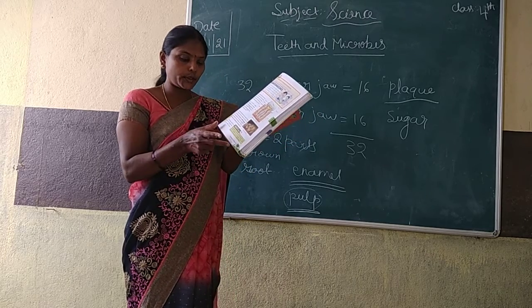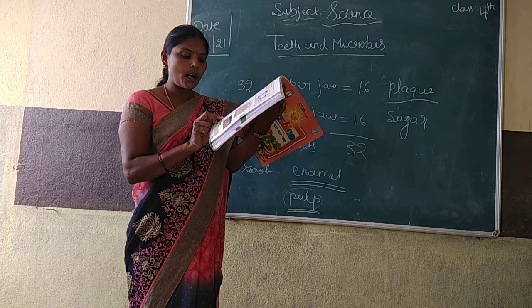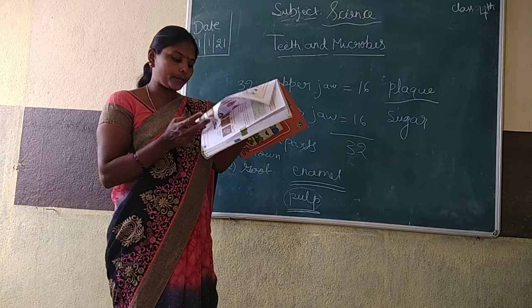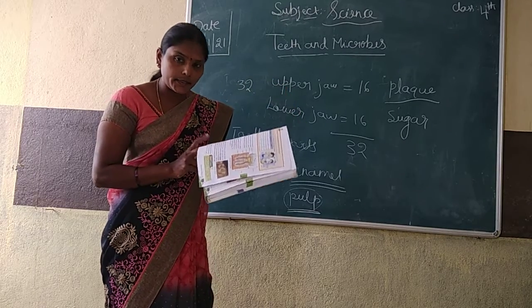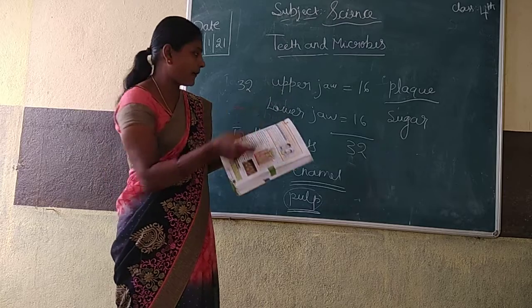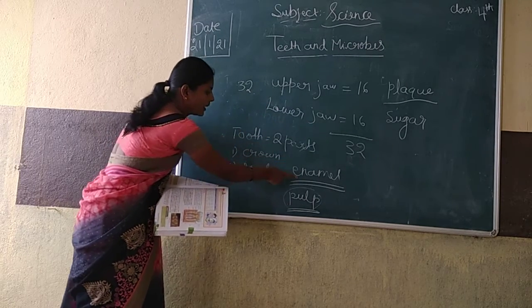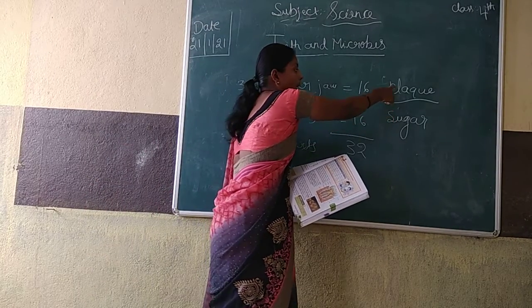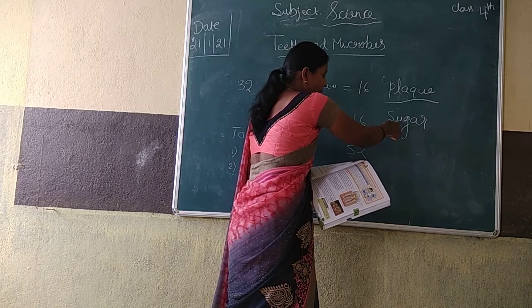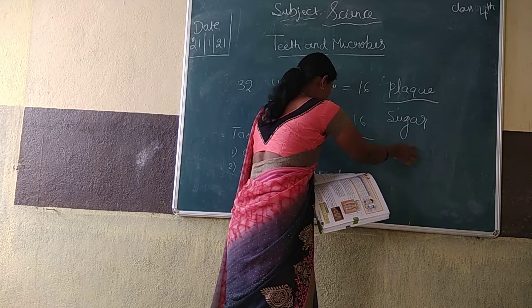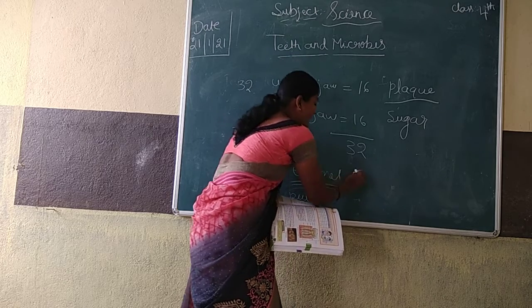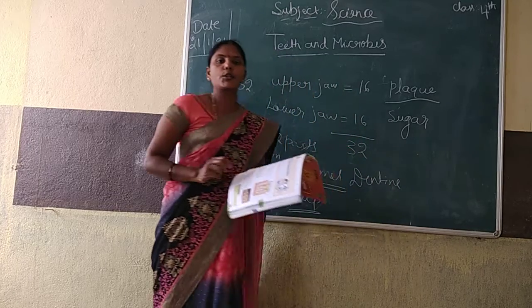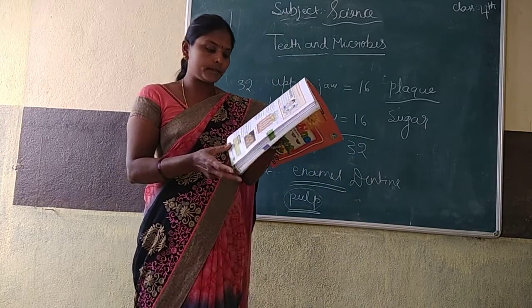What forms? Tooth decay. It causes holes and cavities in the center, in the enamel and dentine. It affects the enamel, where enamel and dentine both will be affected. After the reaction of plaque with the sugar, it has bad effects on the tooth. So enamel and dentine will be affected, and tooth decay will form.